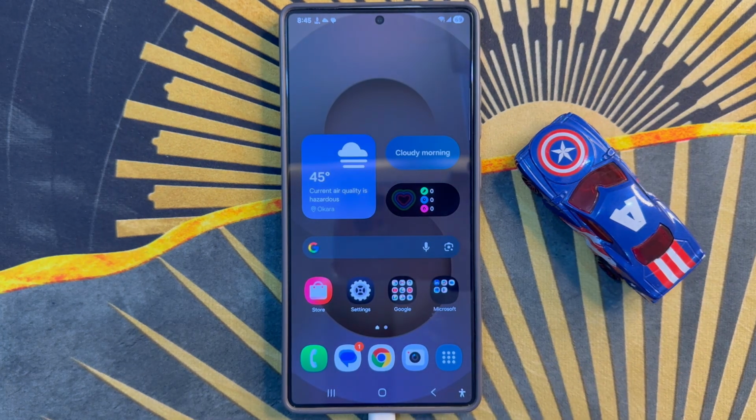So that's how you can turn on or turn off keyboard suggest emojis on Samsung